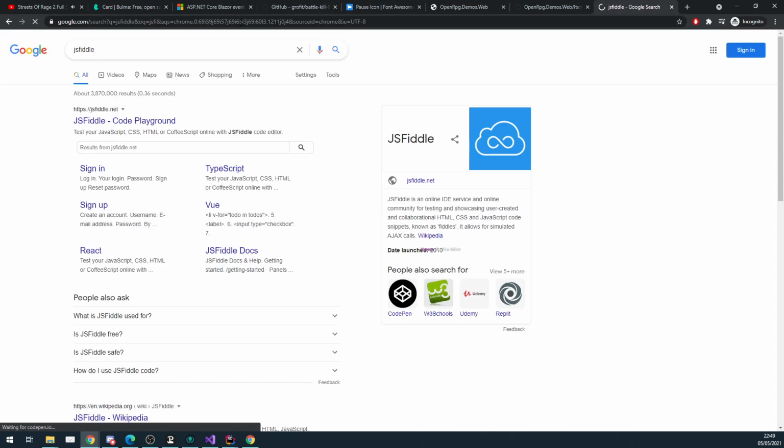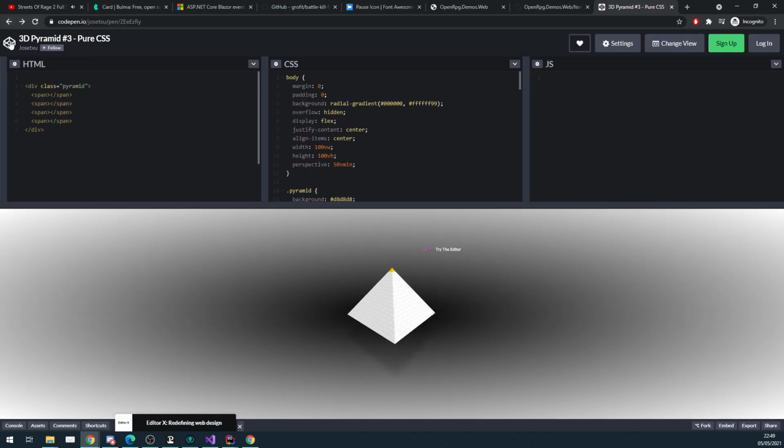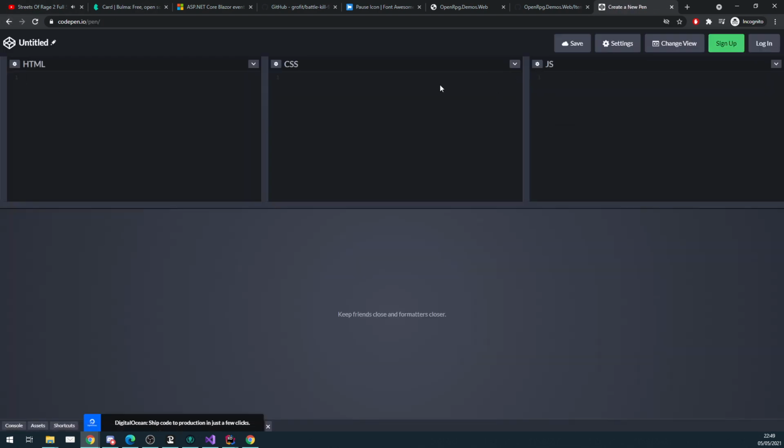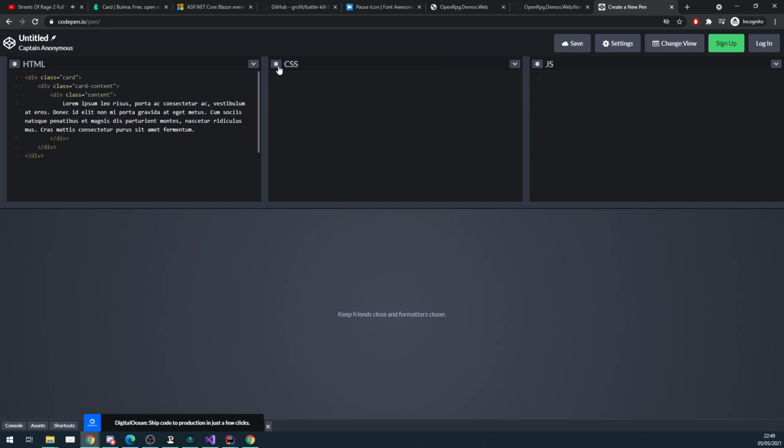JSFiddle. Was there an editor bit on there? Because normally, start coding. Oh yes, well done. Bravo to you. Let's give you a it's good meme. There we go. Well done. Round of applause there. Right, what was I gonna do? HTML there. And I need to include...